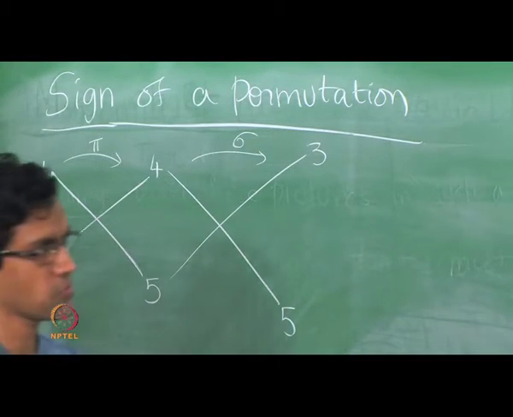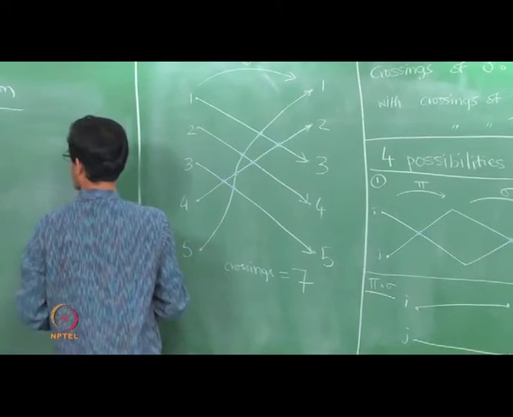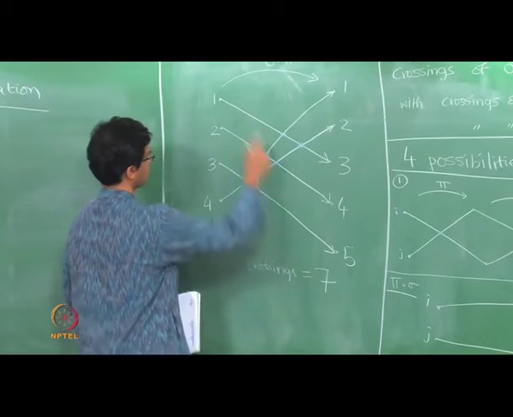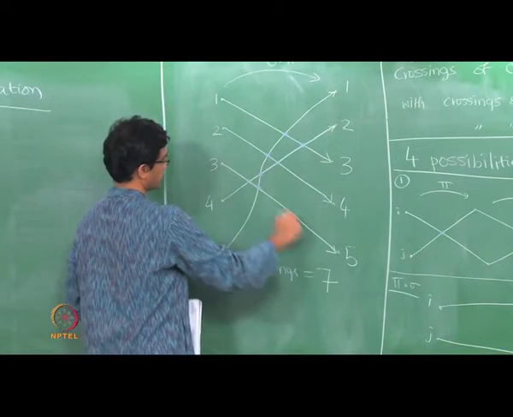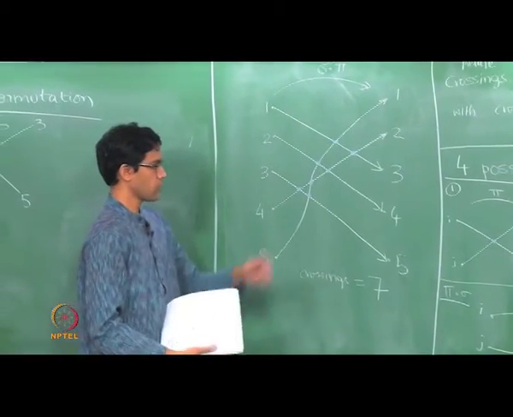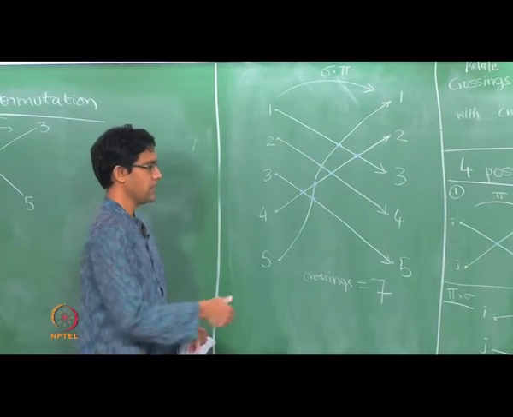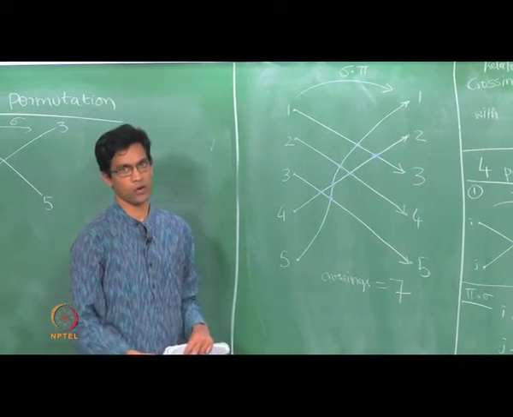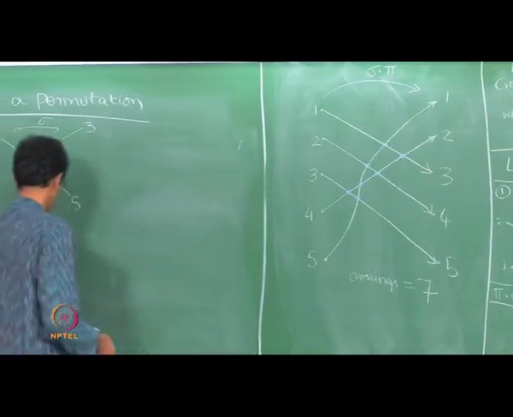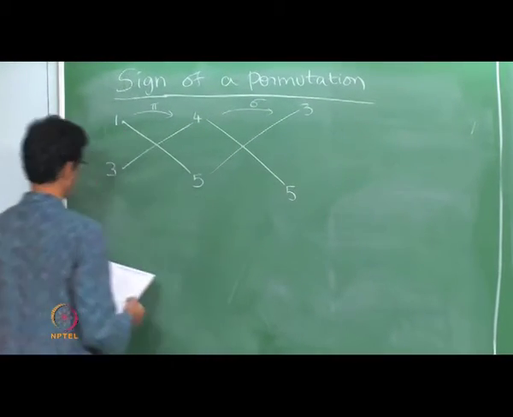So let's look at that as well. So I have 1 mapping to 3 and 3 mapping to 5. So these two lines, 1 going to 3 and 3 going to 5, will of course not cross each other. So the key moral of this story is that if I have two successive crossings, then in the end product there isn't any crossing, there are no crossings anymore. So this is somehow the important case. All the others are quite straightforward.